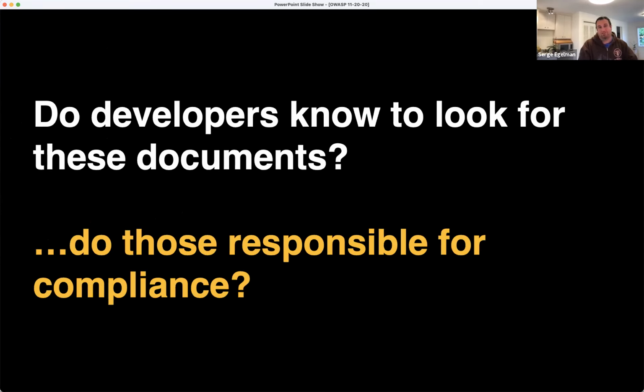The main thing here is: do developers know to look for these documents? And also, do those responsible for compliance? If you're in a software organization, you probably have compliance folks who are responsible for making sure that your privacy policy matches what your app does. But those people only know what you tell them.